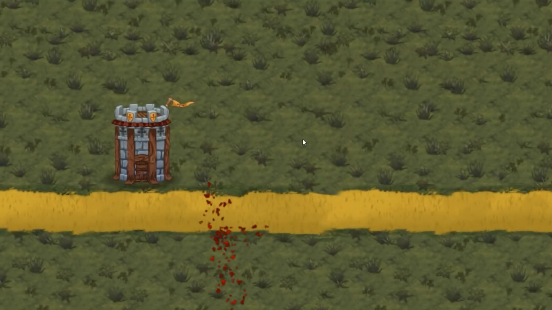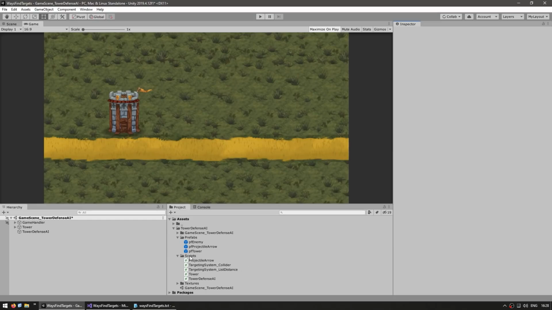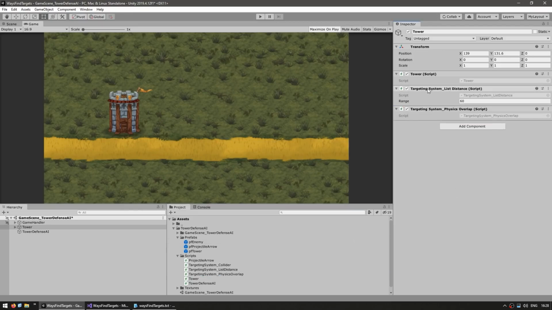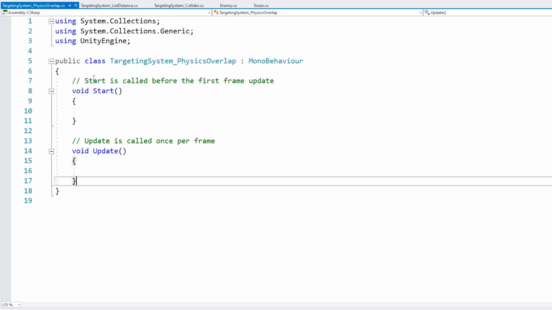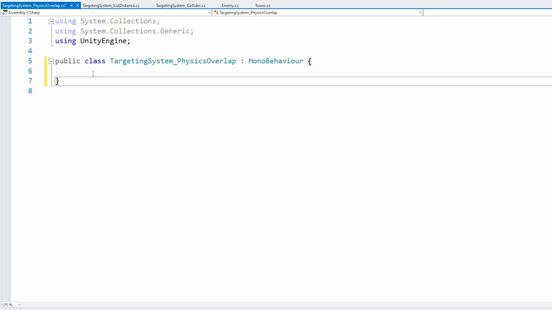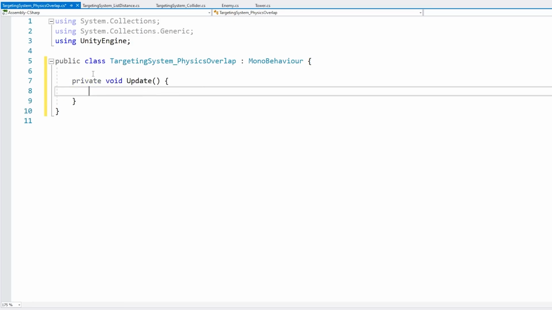Now the third method is using a physics call. So let's begin like we did by making a new C# script for the targeting system. And let's name this the physics overlap. Here's the tower, and let's attach this one and remove the previous one. Okay, now here, let's make a very simple private void update. And on update, the method we're going to use is the